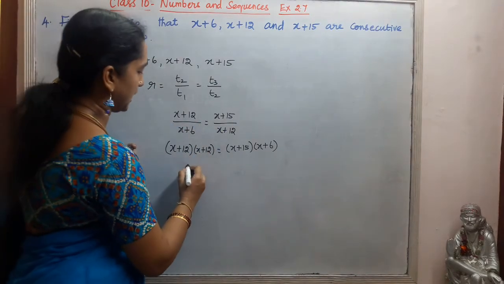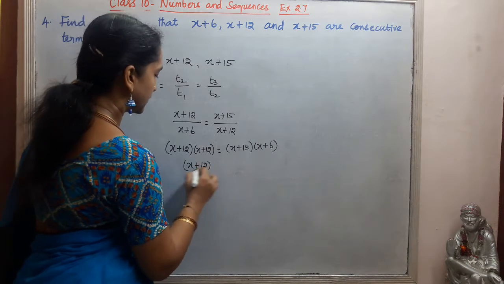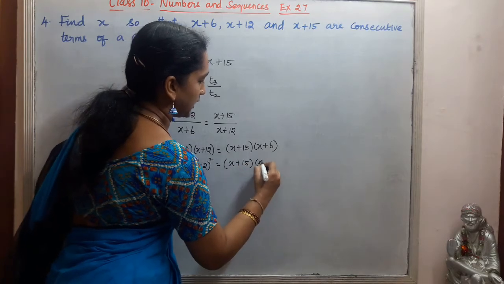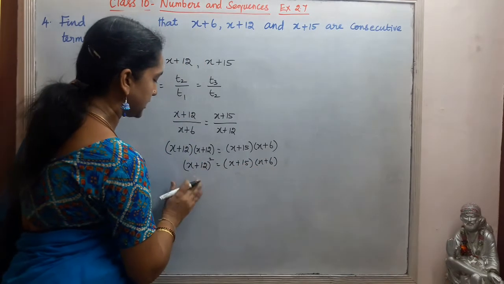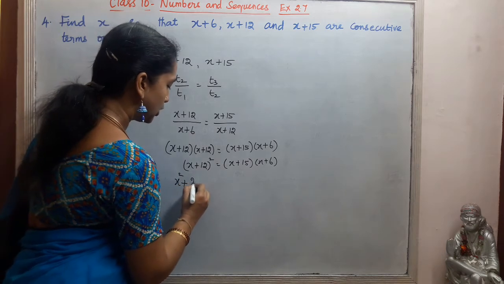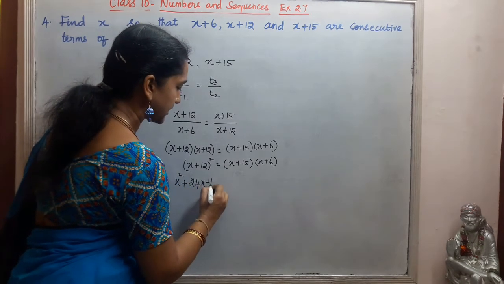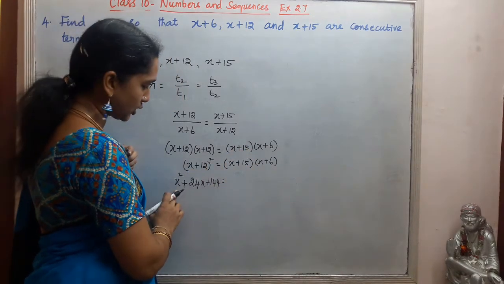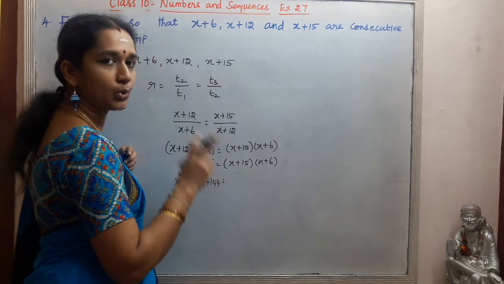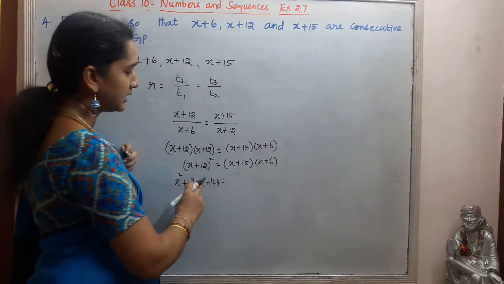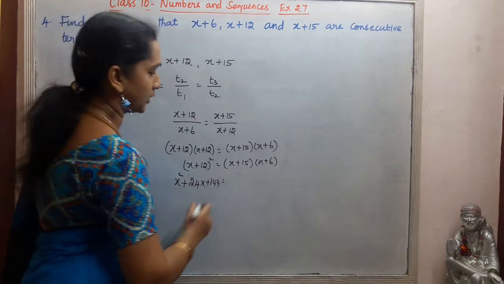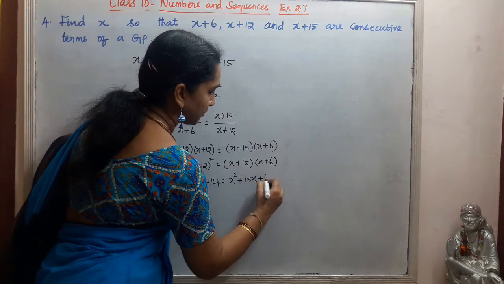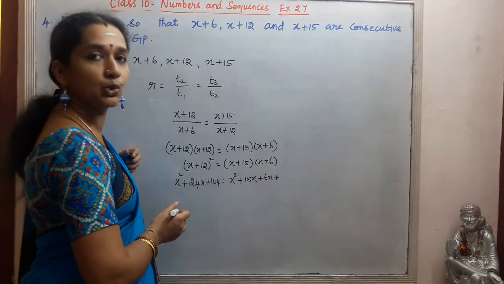So this is of the form A plus B the whole square, so we will use that itself. This one we will simplify, X plus 15 into X plus 6. Okay, so this one is A square plus 2AB plus B square. A is X, B is 12. So A square plus 2AB, 2 into 12 into X, so that is 24X plus B square, that is 144. So when we multiply this, we will get X square plus 15X plus 6X plus 15 into 6 is 90.